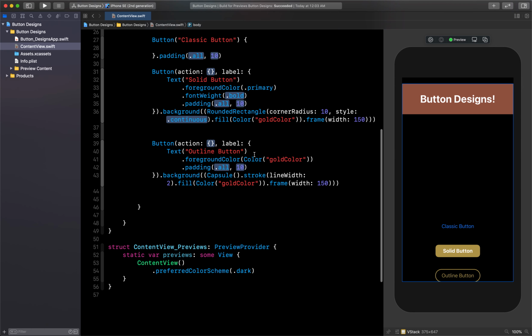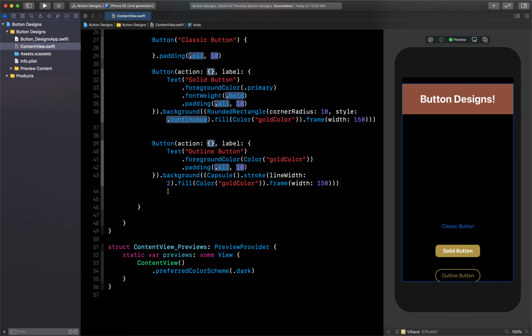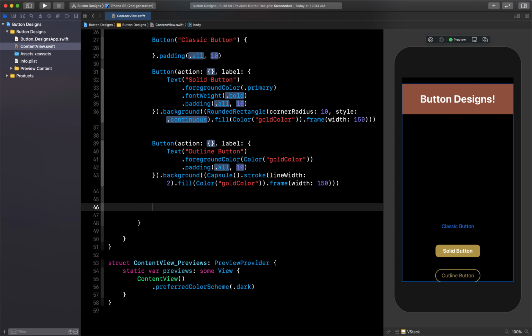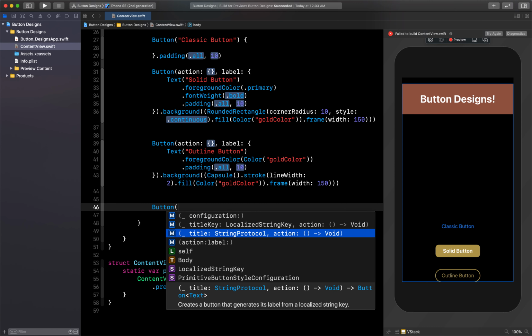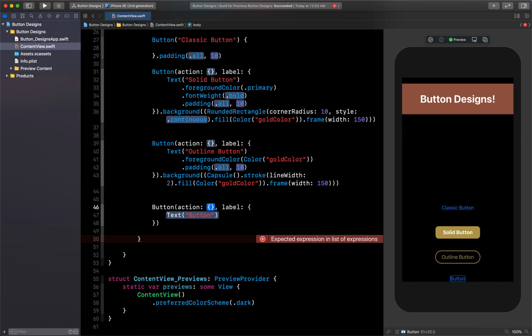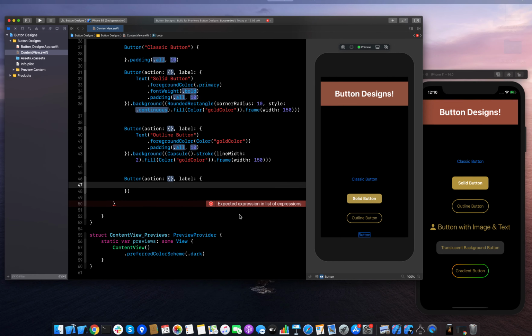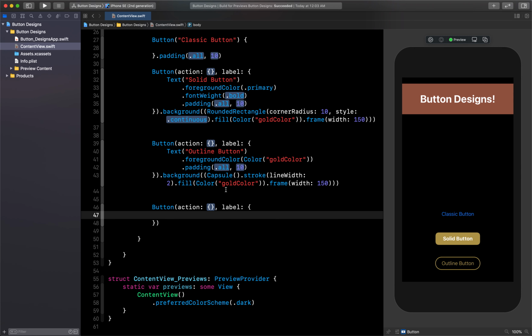So my next button will be a button with image and text. Again we will use same action and label here. Action will be nothing but inside this label part we have to do a little bit different. Now we have image and text. So first let's use image. And to use the image, what I will do is I will use the system image.